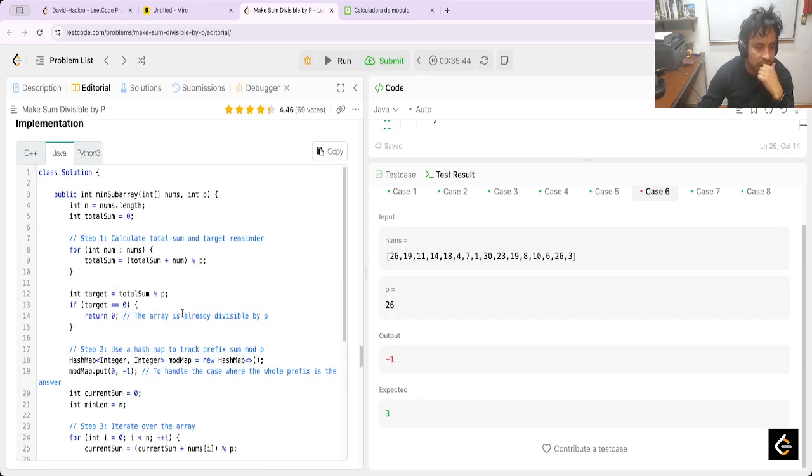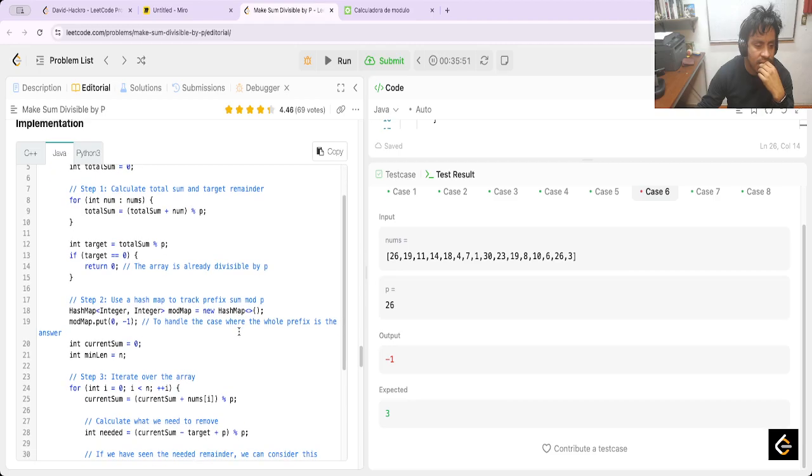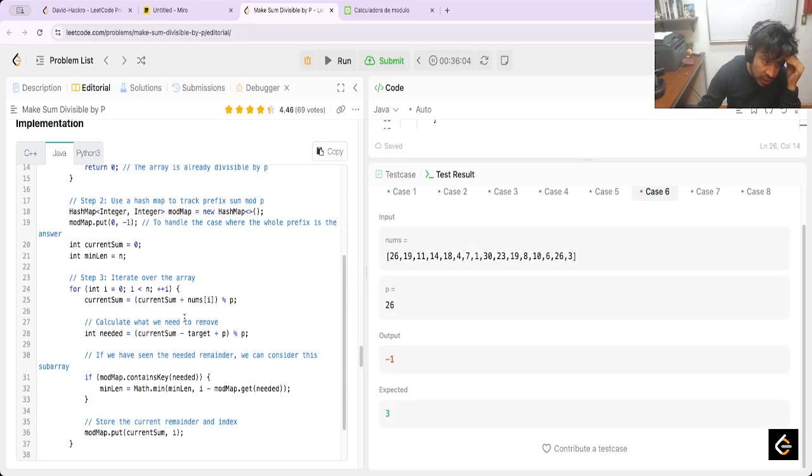Okay, target it's equal total sum modulo of p, it's equal 0. Now is handle the case where the whole prefix is the answer. Okay, current sum it's equal 0, new length,